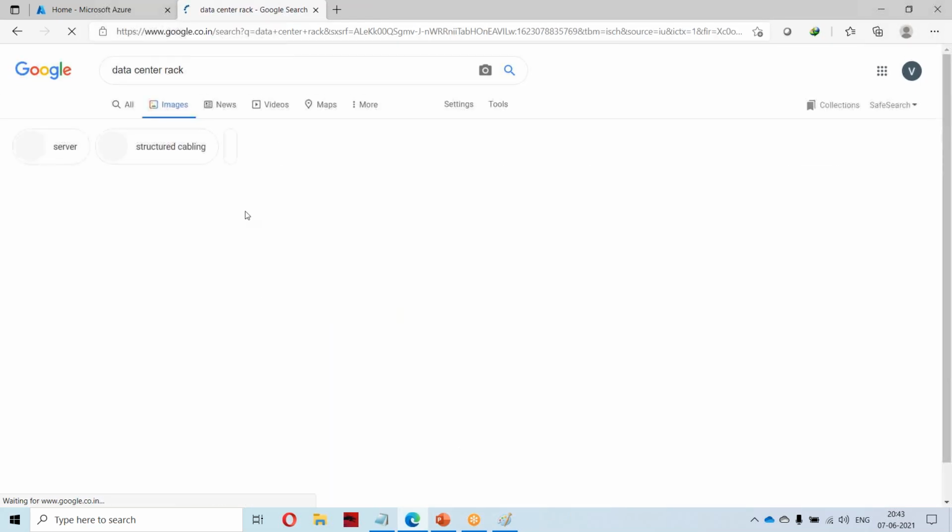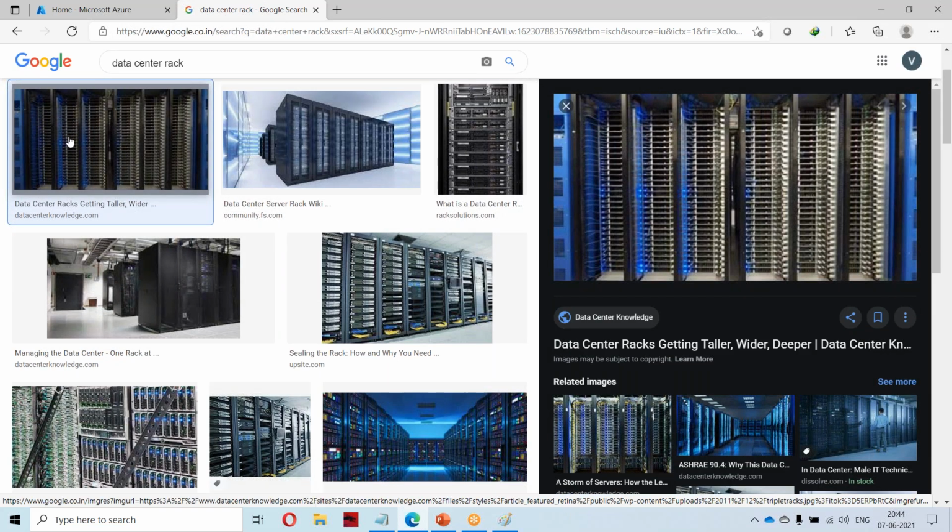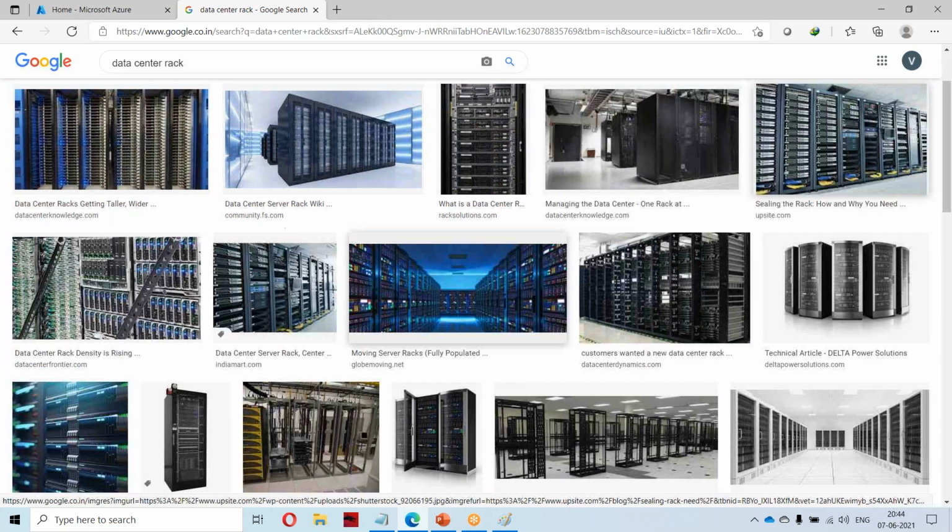You are seeing something like this, no? These are the individual racks, whatever you are seeing vertically. These are the physical fault domains. In that you have some horizontal lines, no? Those are the servers actually. So they will be putting your servers like this in the data center. If you see this, it will give a clear picture.